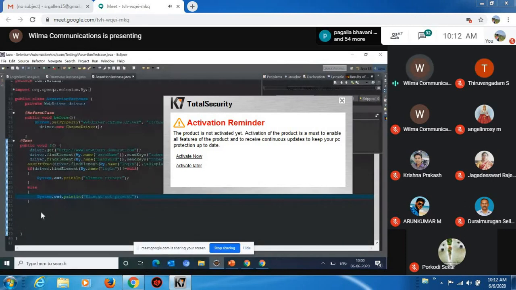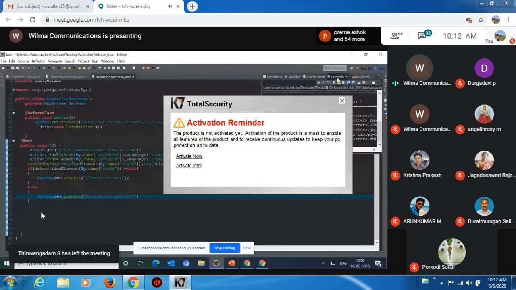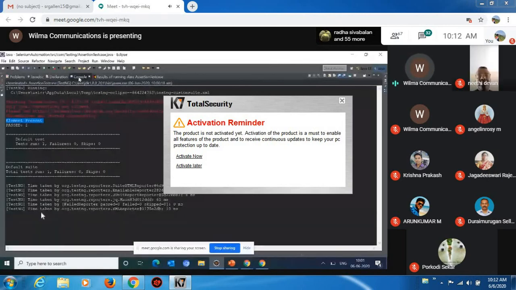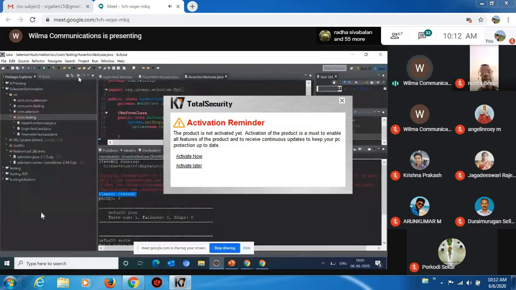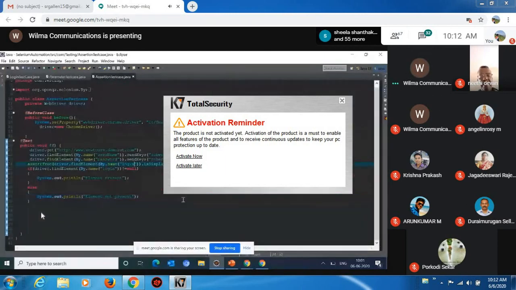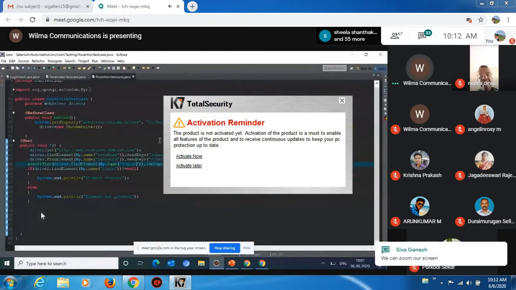Before that, you can also check your console window. I'll go to the console window, and here you can see the output. Yeah, here you can see the element is present. It is passed, element is available, the element is present. What element? The element name which is called login. So this is the element name for login. Now let me change it to login1, and now I'm going to run this code.